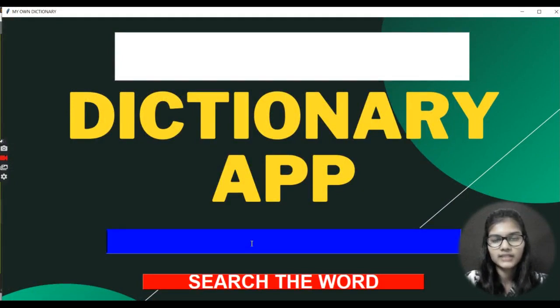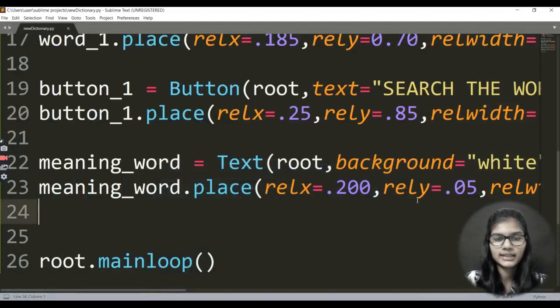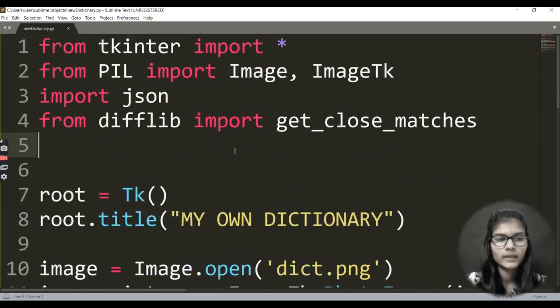Now as soon as I write out the word here, I would just click on the search word, and here I'll be getting the answer and the meaning of that particular word, right? So this is the whole idea. Now I'm just left with the very last thing, and that is attaching my JSON file here so that the functions can go up to their work, right? So now I'll be attaching my JSON file, that I'll be doing above here.